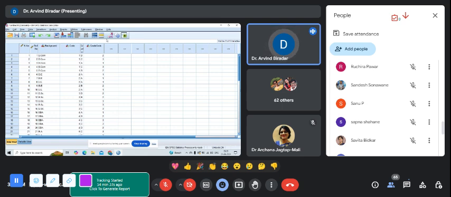The second one is to understand the strength of the association between the two variables. Okay, this is our task. So for this purpose, what to do? Go to